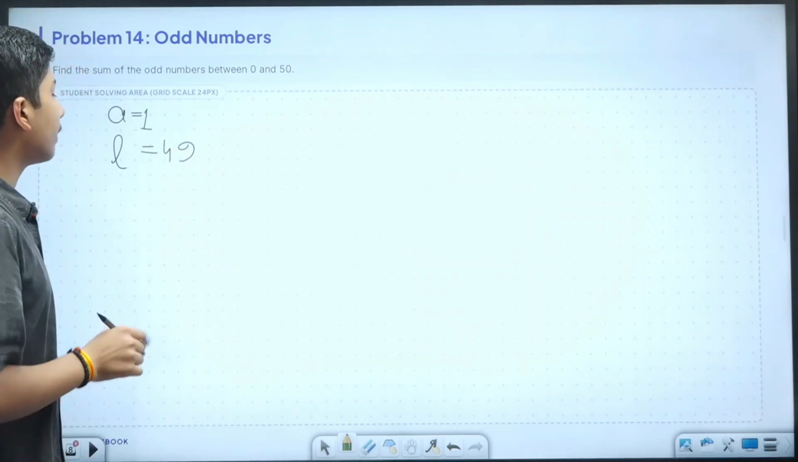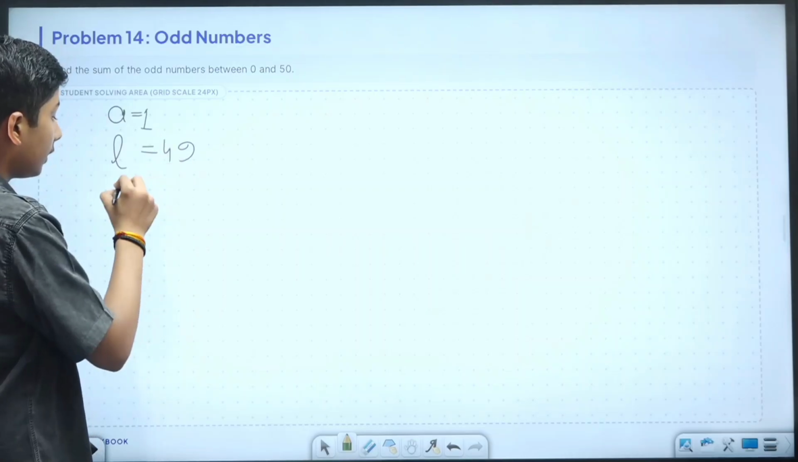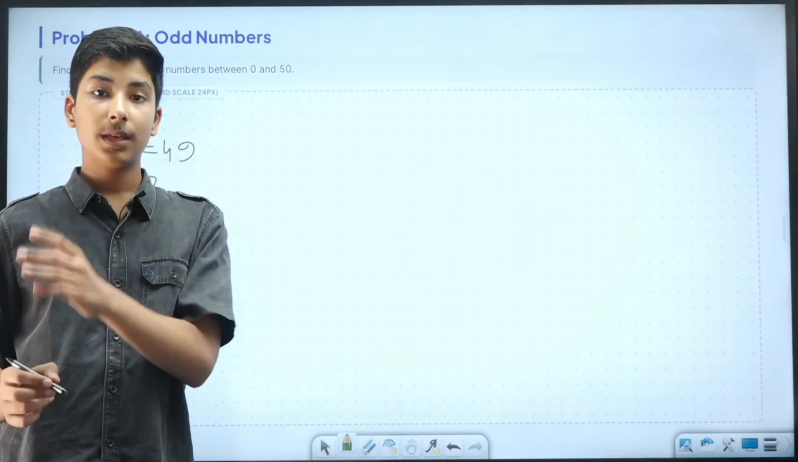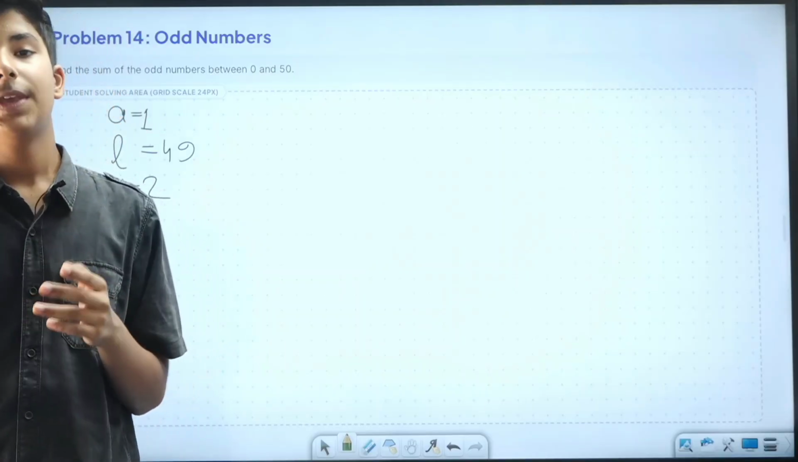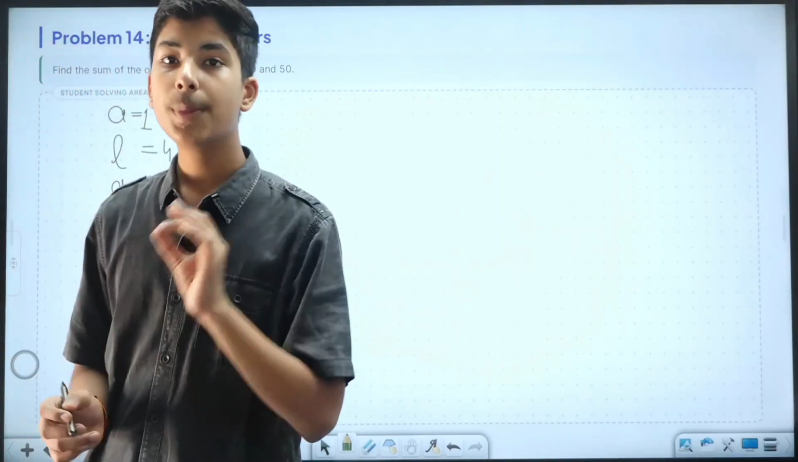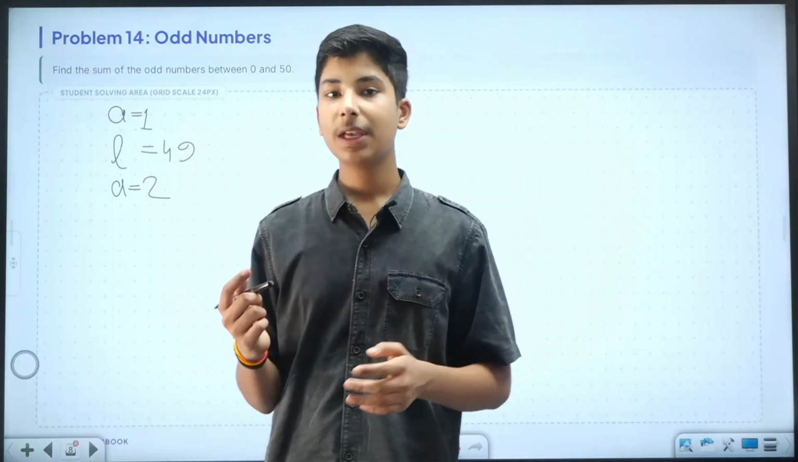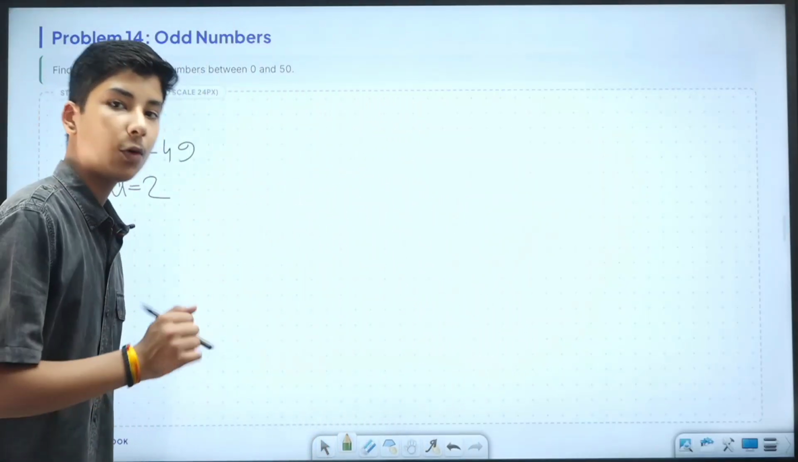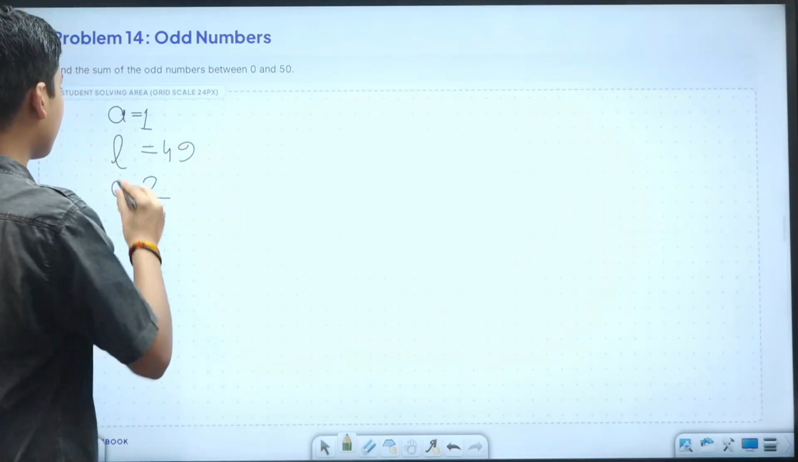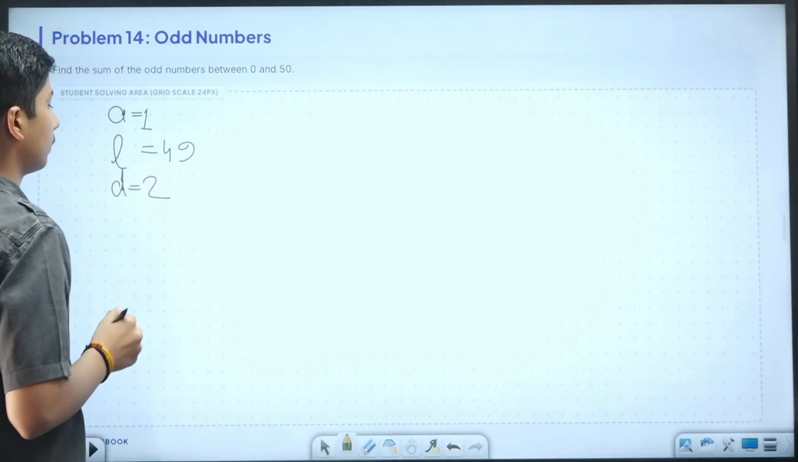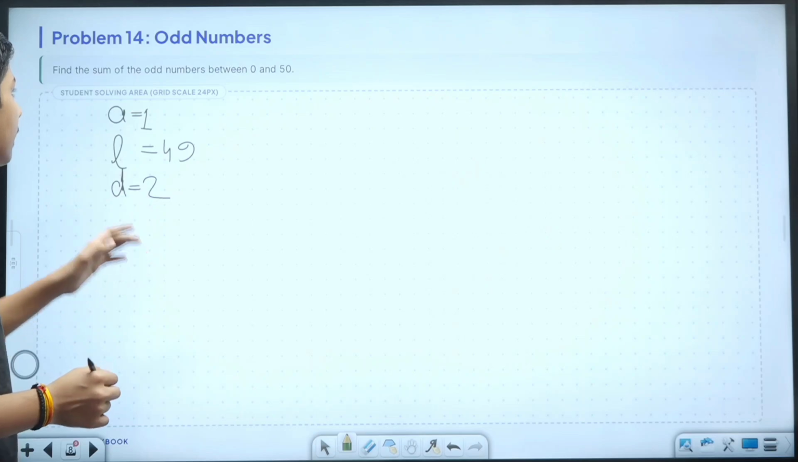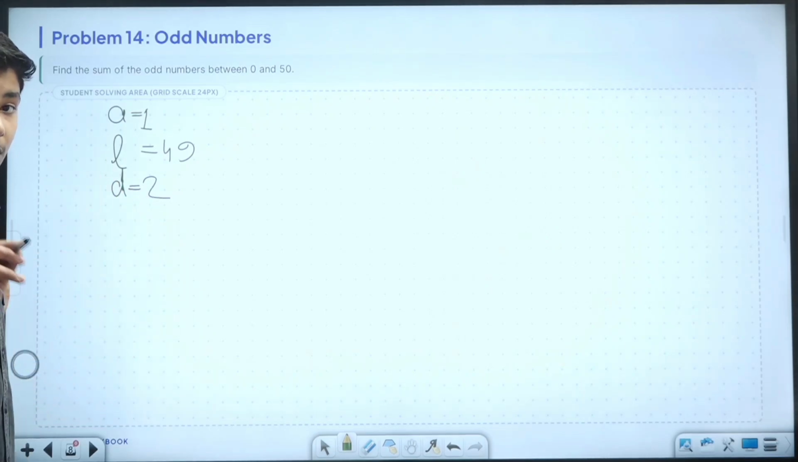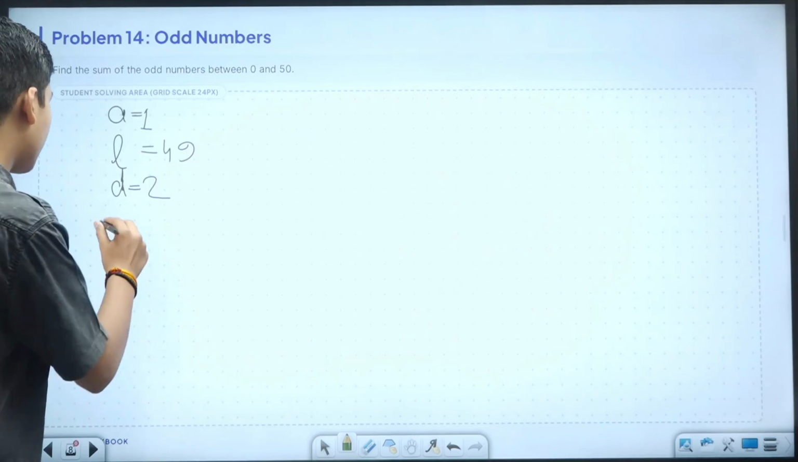And also what was given to us? Difference will be 2. To get the next odd number, what do we do? We add 2 to this. Why? Because if we add 1, then we get an even number. But if we add 2, then we get an odd number, if the number was odd. d is 2, l is 49, a is 1, and then we have to find out the sum. So we will require n also. And to find out n,